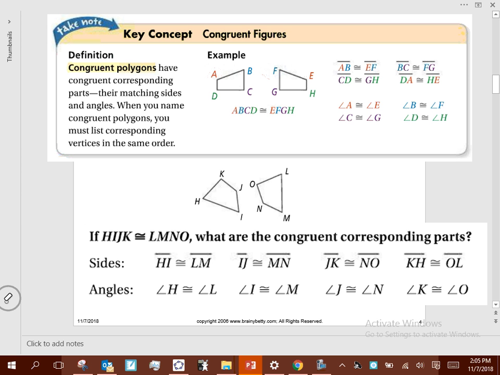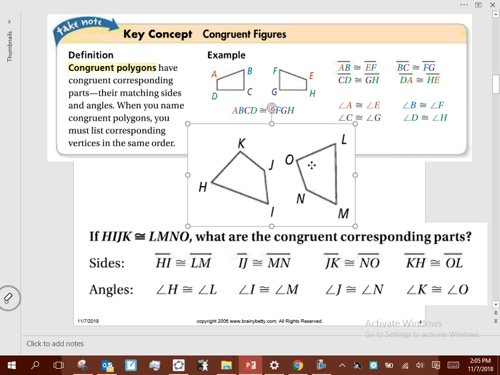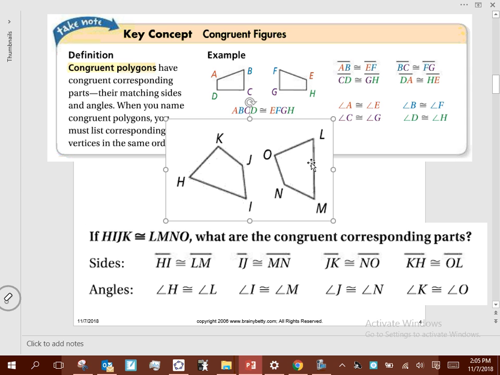Okay. The benefit of knowing that, guys, is that when I get a problem like this and they give me this picture, a lot of people are going to struggle saying, okay, what does K match up to? Because when I look at that, I've got options. Does K match up to O? Does it maybe kind of look like it might match up to M? Okay, and the more confusing your pictures look, and the more